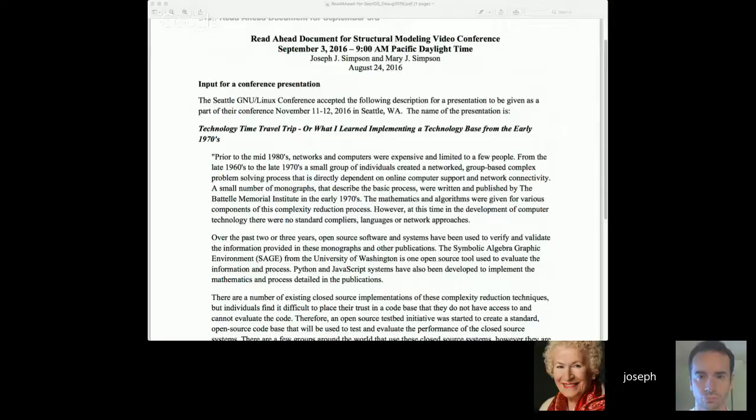So it might be an opportunity to introduce a completely different community to what structural modeling is, what ISM is, why it's important, and how it can help folks. So, yeah, for example, if we came up with a customized version of the ISM around project planning, then people in the open source community could use it to coordinate their efforts on a bigger project than an individual could be doing. Exactly. Yeah, those are exactly the types of things that